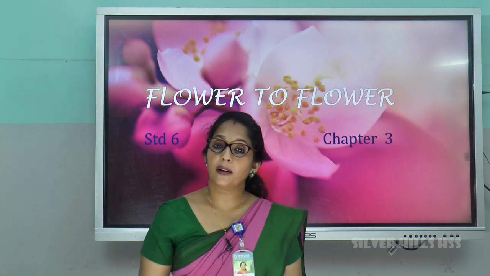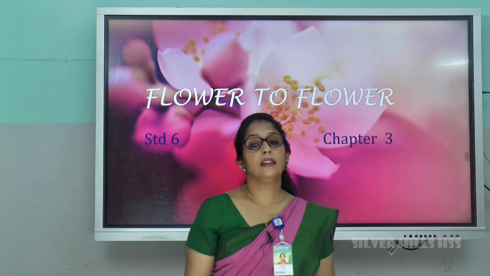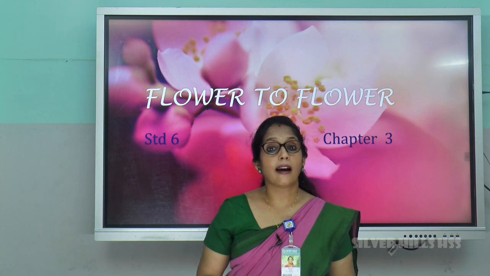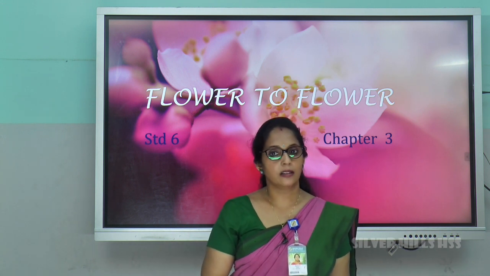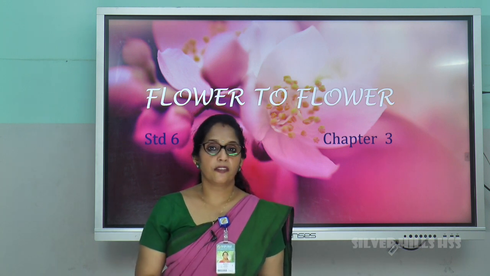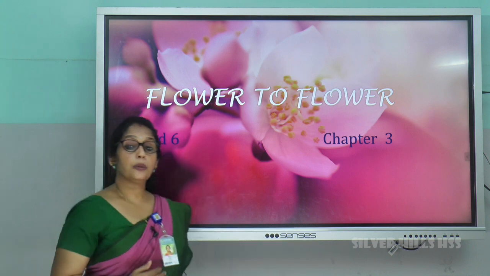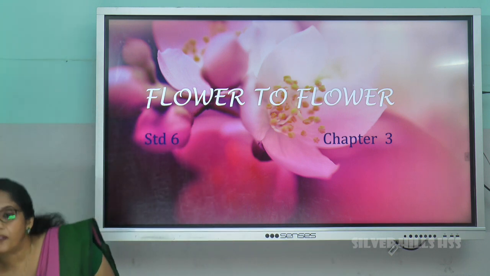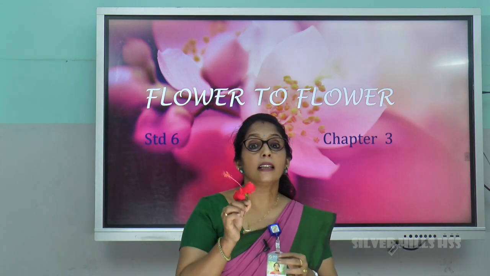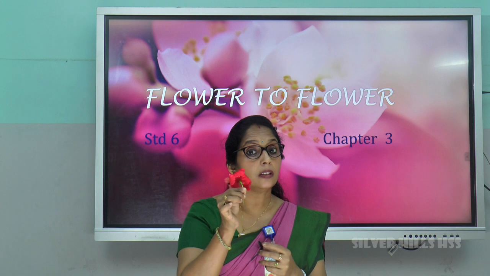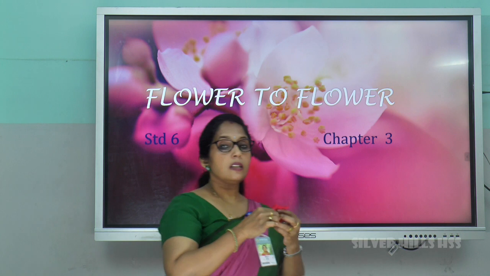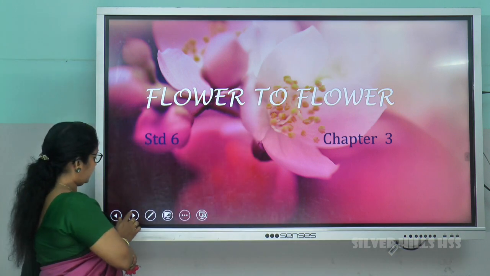All of you have seen many flowers. Flowers are of different variety, different colors, different size, different shape. But all the flowers are having same basic parts. Today, in this session, we are dealing with the parts of a flower. So, we can go into detail the different parts of a flower. See, this is a flower and we can study the parts of a flower with this flower, and this is a hibiscus flower or shoe flower. Just look at the parts of a flower.